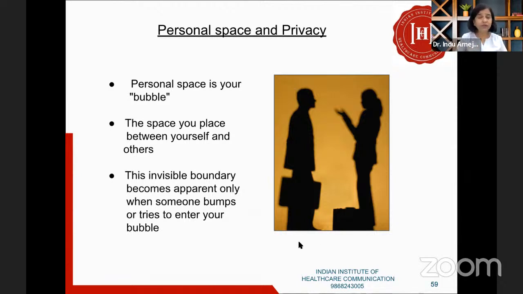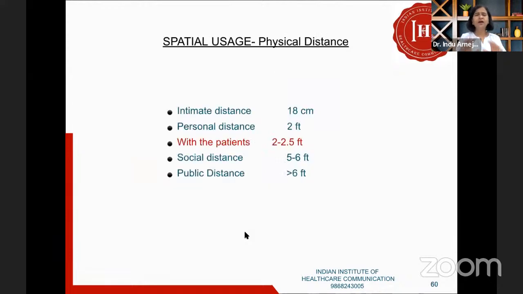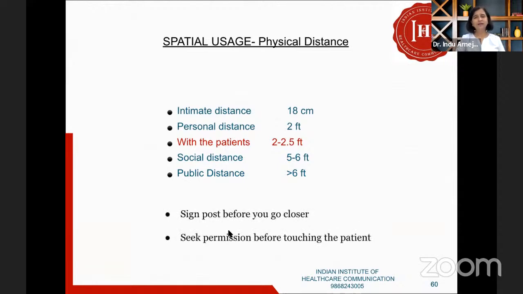So the patient can be very uncomfortable. Again, I think signposting is very important. Otherwise, in general, a safe distance of 2.5 feet is good enough. In personal relationships, we can go closer, but with patients and their family members, a safe distance of 2.5 feet is a good idea. Another important point that patients really value, and that we have talked about: seek permission before touching and signpost before you do.